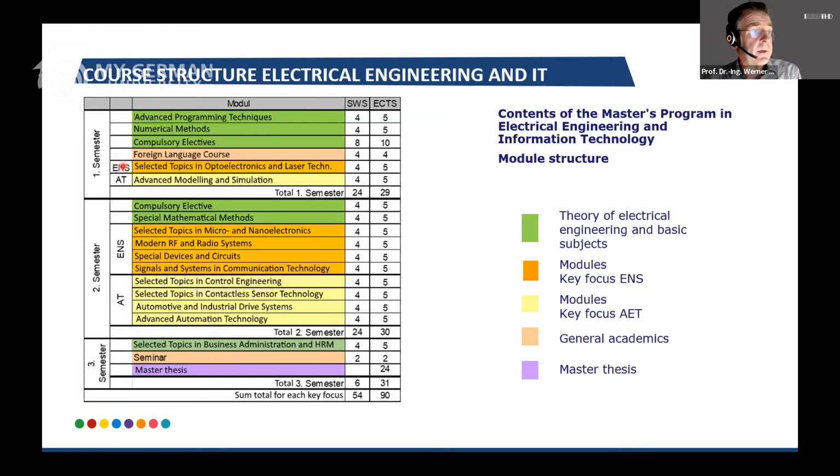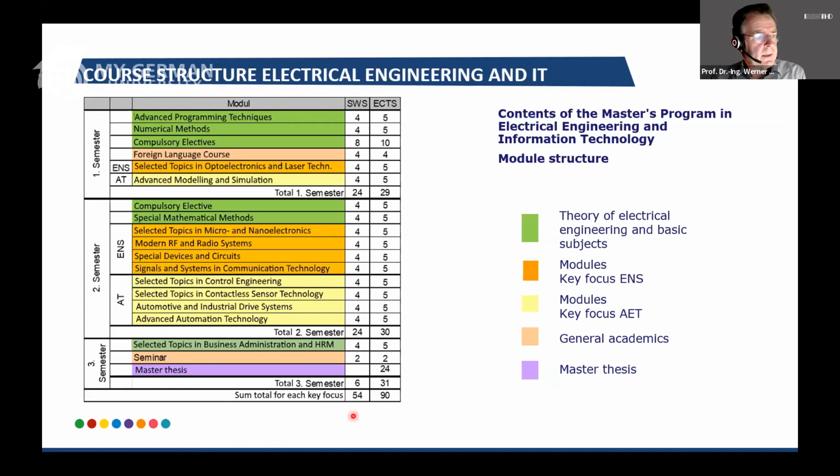Further on, we have a foreign language course, which is German, of course, because you should learn German during your studies. It is necessary for being successful further on in your work at German companies, as already said. So you are starting actually for an intake with A2. This is the prerequisite. This foreign language course should lead to at least B1 level in German language.